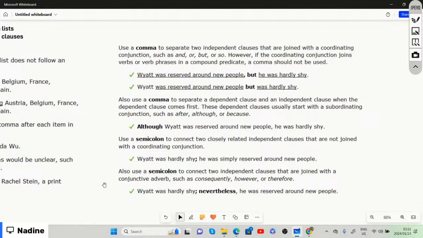For example, Wyatt was hardly shy; nevertheless, he was reserved around new people. He wasn't really quiet, but